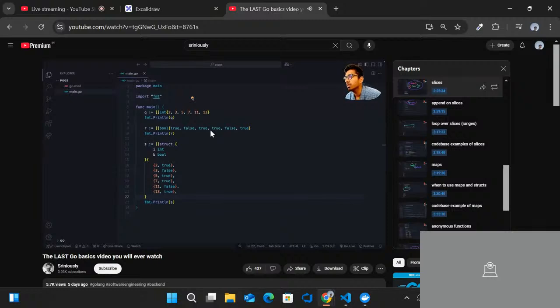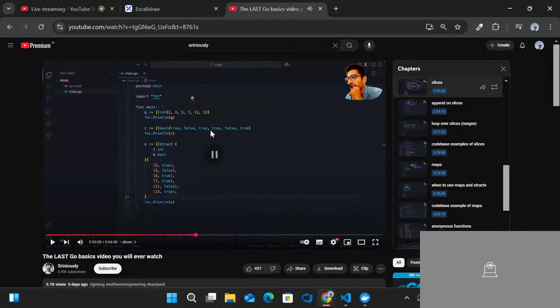We don't always create slices out of an array. We don't have to declare an array and slice from it. We can directly create a slice. Go provides us the ability to directly create a slice, and in the background, Go will create a backing array,